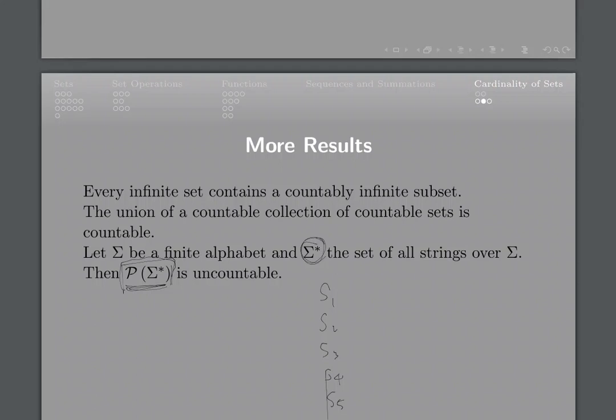We already know that if you have a finite alphabet, the set of strings is countable. So we write all of the possible strings. We list them. It's possible to enumerate them because this set is countable. Let's say capital S for set, small s for strings. So we list all of the strings s1, s2, s3, s4, s5, and so on and so forth. That could be the natural map that we have, but in any case, it's some mapping. So in this table,